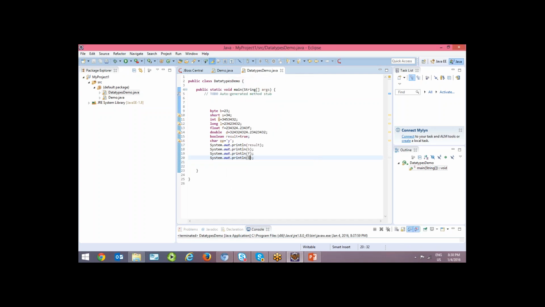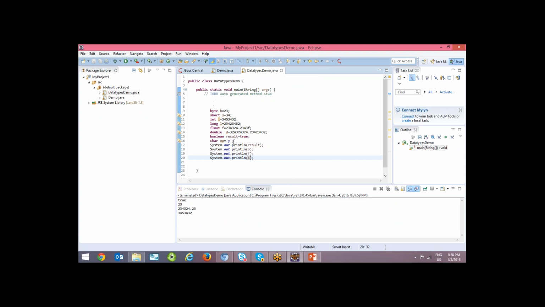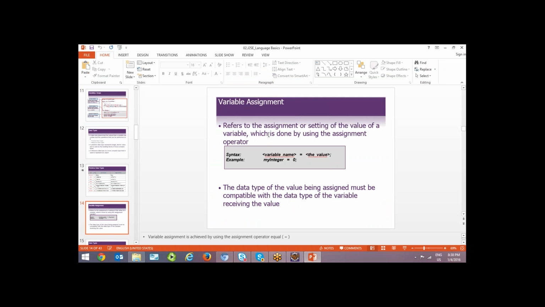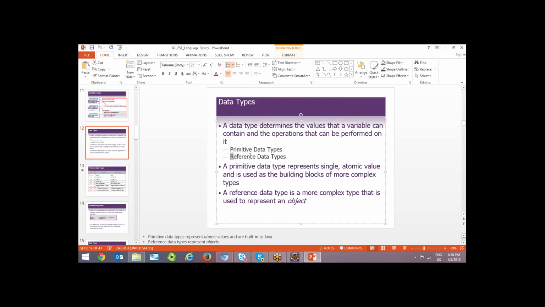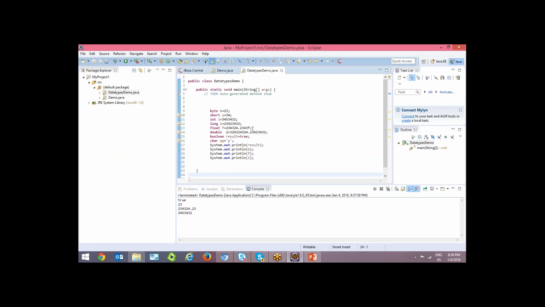Primitives. Just like in C language, how we have the data types, in the same way these are called the primitive data types. The other important data types that we are going to experience in Java are called reference data types. References means objects. Most of the time we will be working with classes and objects because primitives are not safe. Primitives are always not safe because primitives are just like your C language values, right? So the data is getting...